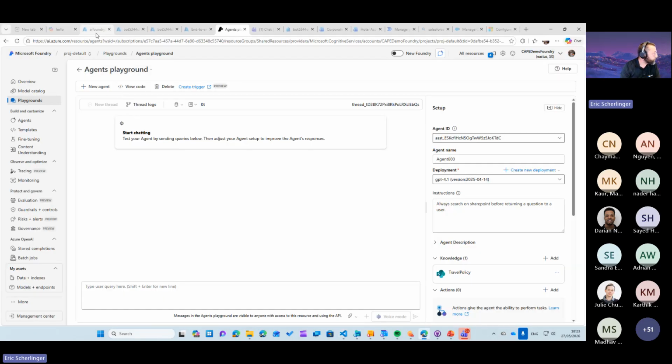So I did pre-create a few things. The first thing you need to do, if you want to run with that sample as is, is to have a Foundry deployment. In that Foundry deployment, you need to create an agent. And for demo's sake,